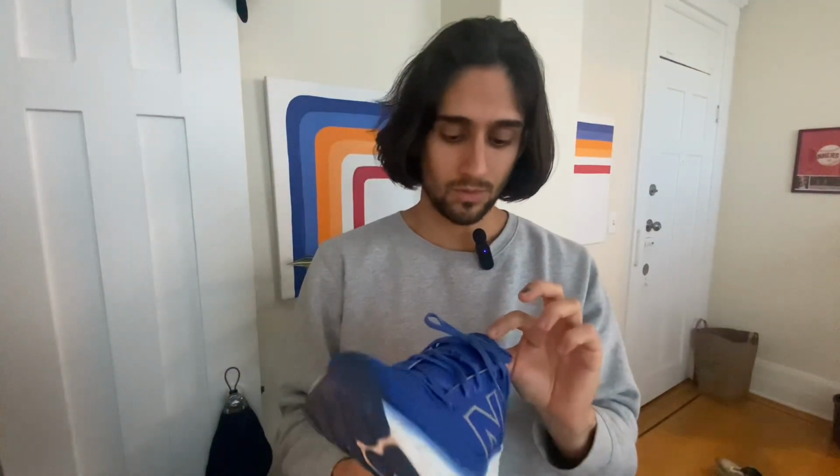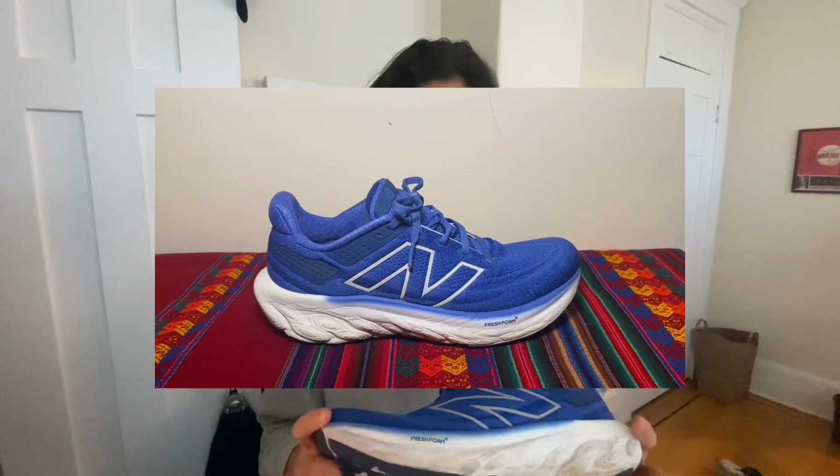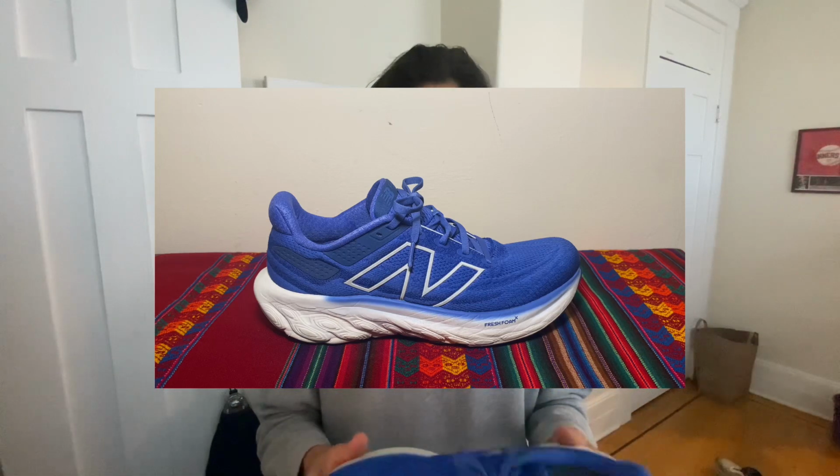Take two. All right, next shoe, we got the newest version of the New Balance 1080. This is actually the first New Balance shoe that I've ever run in. I've tried on their stuff throughout the shop, never actually got a pair and ran in it, but they always seemed super comfortable, and it's probably one of the brands we sold the most when I was at the shop. So I was pretty excited to get the 1080 just because the previous model was super comfy, had this